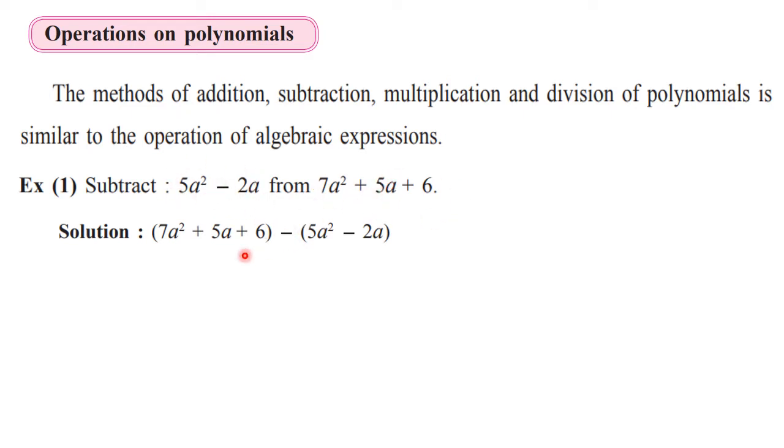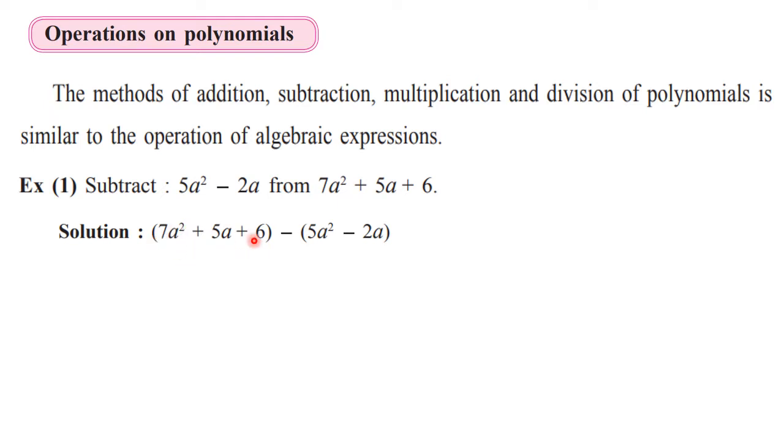So this will come first in bracket. Then minus sign which shows us that we are subtracting. And then after that strictly the second polynomial also you are going to write in bracket. So first polynomial minus the second one. This is first and this is second. Read and write properly. Now when we write this minus sign here, because of this minus sign, the signs inside the bracket are going to change. That we are going to do in the next step.